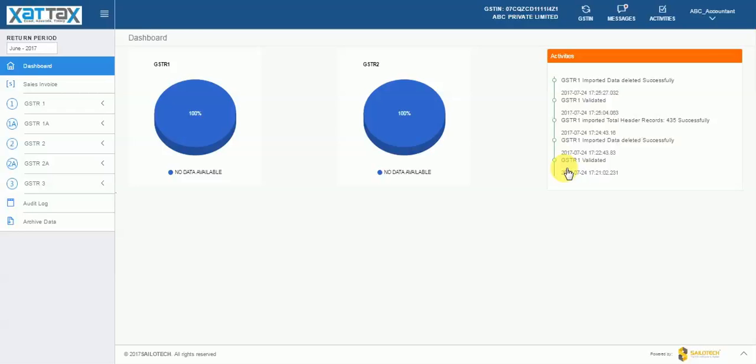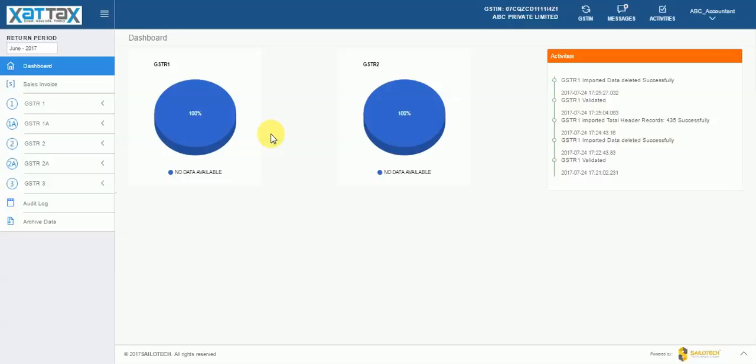Once the accountant imports the data and completes the classification of the imported transactions, he or she can view the dashboard with this populated data. The dashboard that you are currently viewing is configurable, which means every user can have a customized view of the dashboard based on his or her role. Thus, a chartered accountant, a tax consultant, a finance manager, or a CFO can have their respective views.